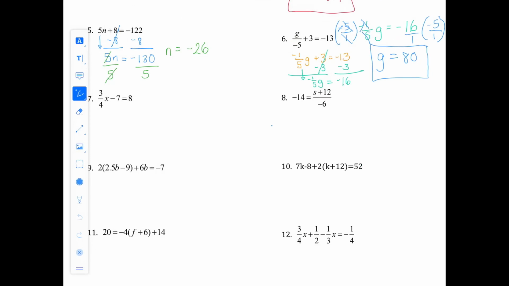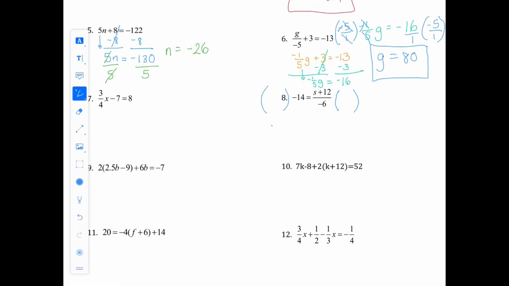Skipping around again, so let's look at 8. So I'm seeing with 8, oh my goodness, the variable's on the other side of the equation. That's okay. So what we end up looking at is, and please identify this with me, that it's not just the variable that's being divided by negative 6. It is the entire right side of that equation. It is the s and the plus 12 that's being divided by negative 6. So here is what we want to do